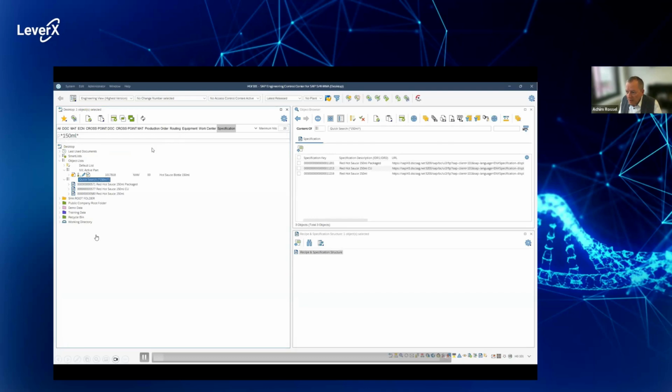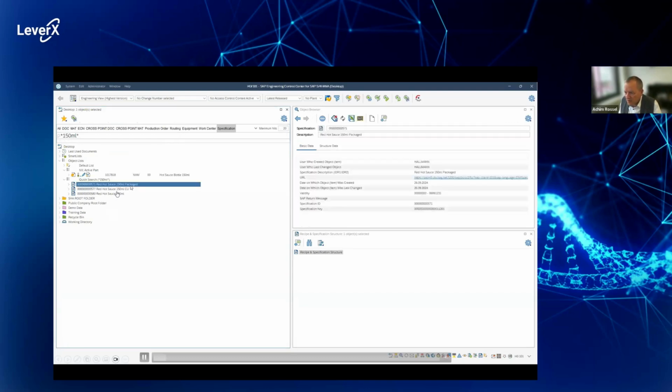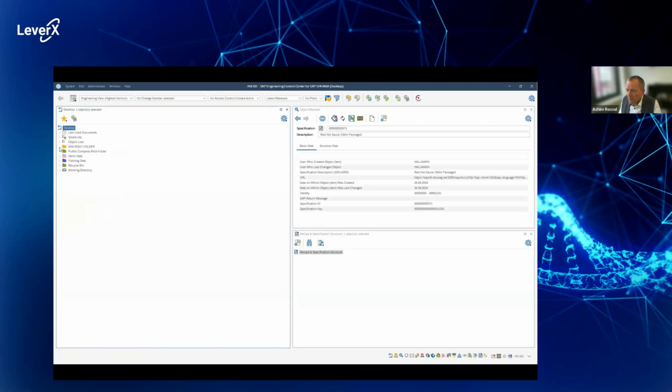Now, as a result here in the quick search result list, you will see all the specifications that somehow have this 150 milliliter in their description. So I'm picking up this specific one because that's what I want to work in. It's the hot sauce that I want to work for. And so now if I click on the hot sauce specification, by the way, you see on the top right